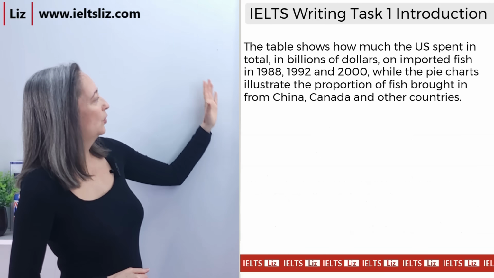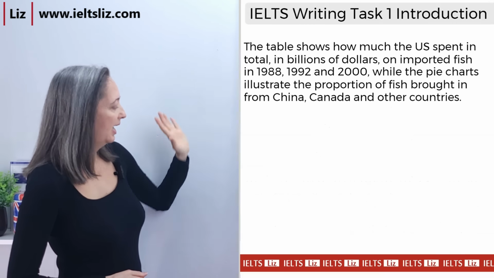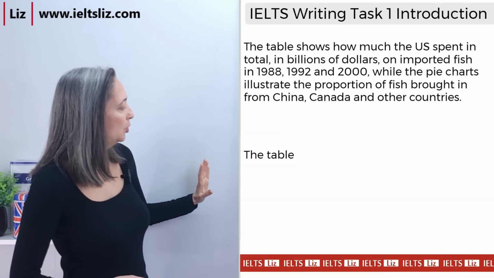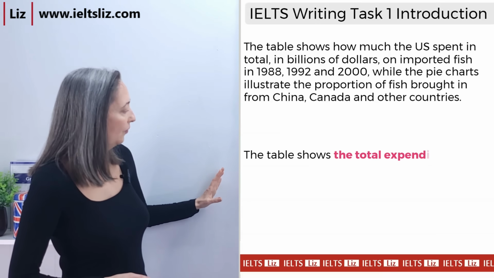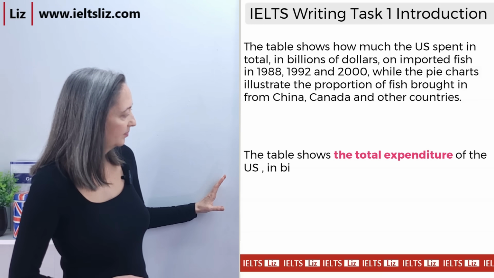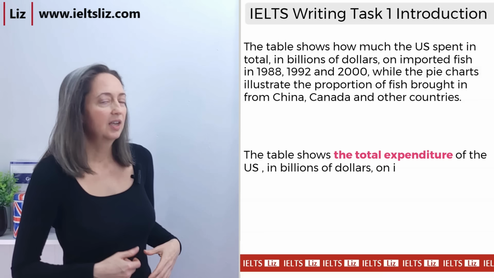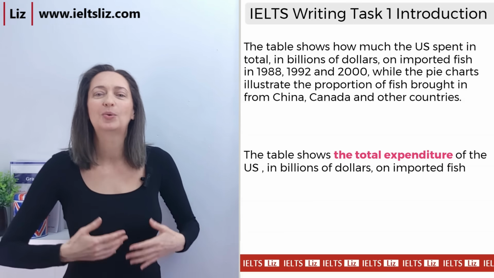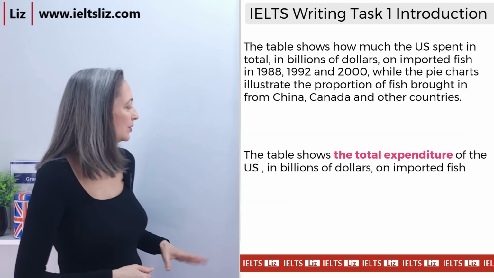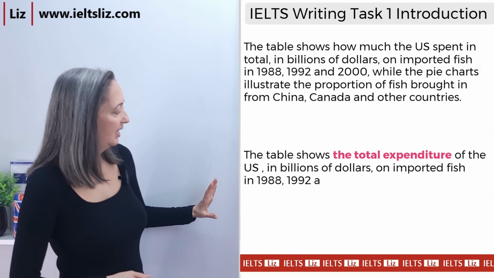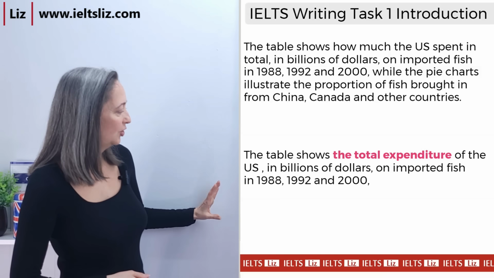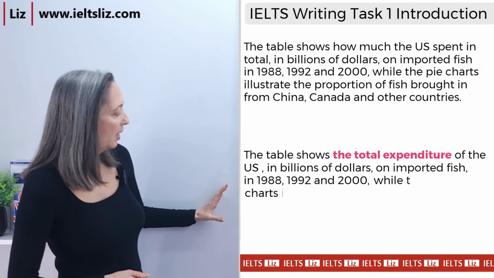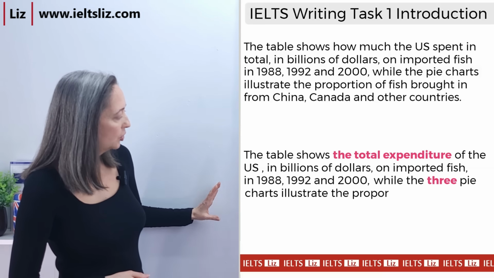So here we've got the introduction that we've just written, and now let's have a look. The table shows the total expenditure of the US in billions of dollars on imported fish. Again, the expenditure is about the money spent, so it's a perfect paraphrase to use. And then we've got the years in 1988, 1992, and 2000, while the pie charts illustrate the proportion of fish